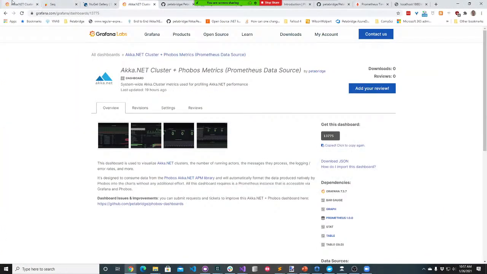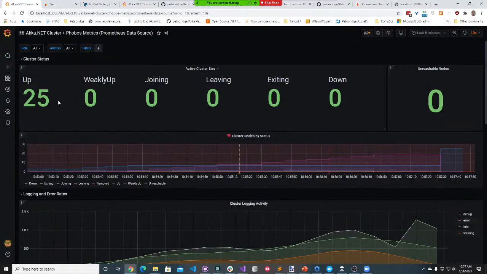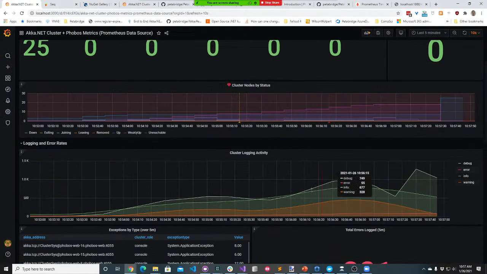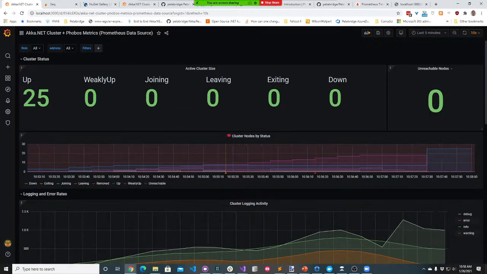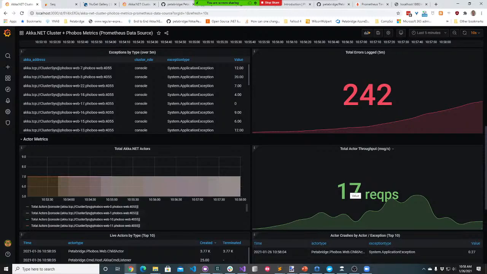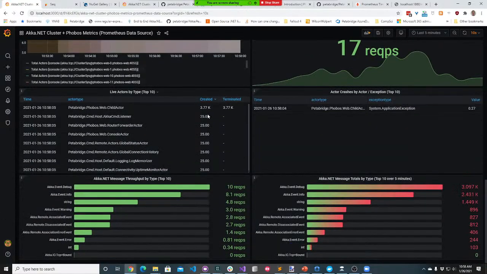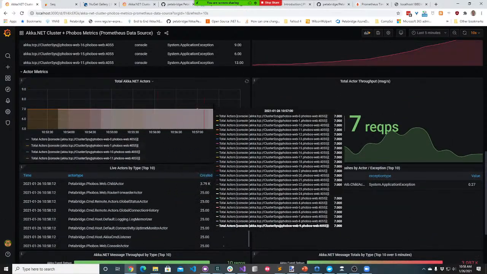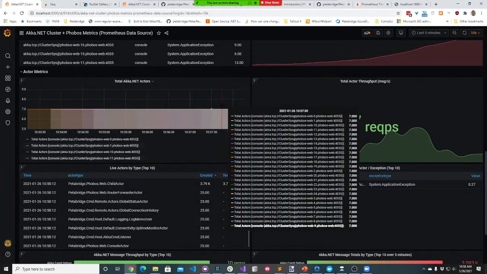Now, eventually, our cluster is going to stabilize. Yeah, here we go. We're at 25 up nodes now. So our cluster took a little while to form, but it did stabilize after a period of time. So now we know that we've got 25 nodes. I can see the total number of errors we logged. I can see that we went from doing about 2 requests per second to about 17. And I can see all the different nodes in the cluster that have 7 actors that are all detected by